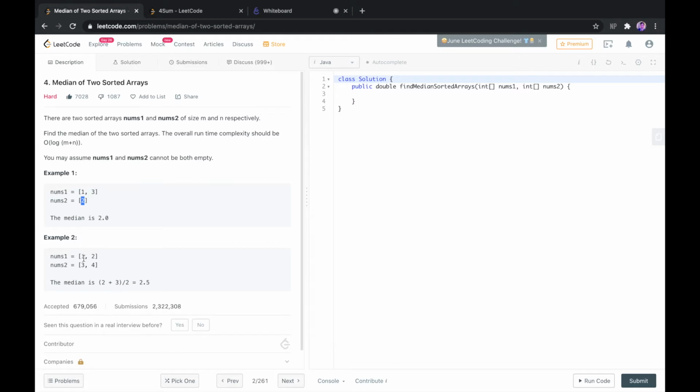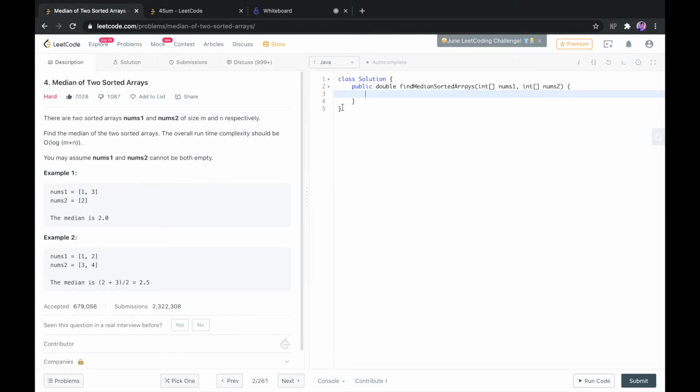But in example number 2 we have four elements. So in this case the median will be the sum of these divided by 2, so the average of the two middlemost elements, that is 2 and 3.